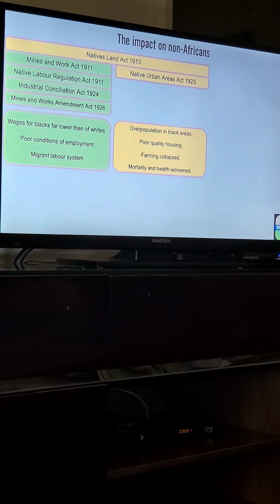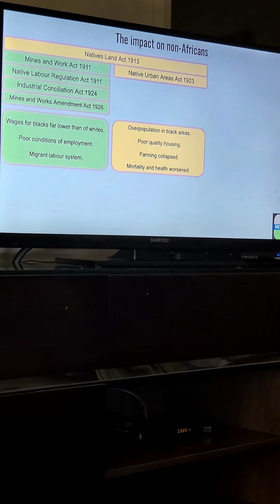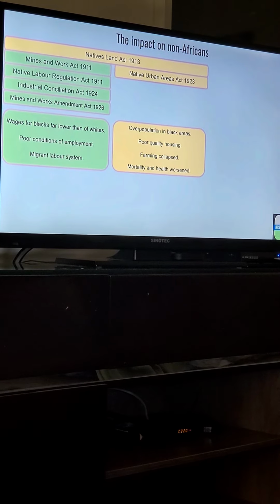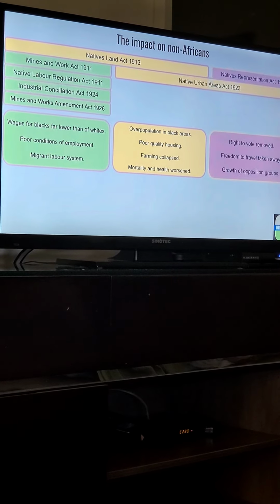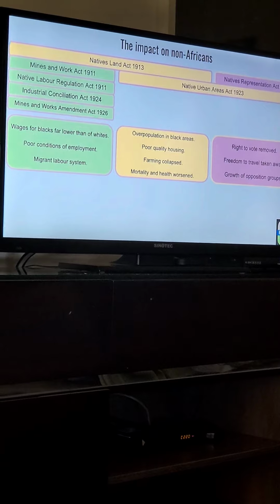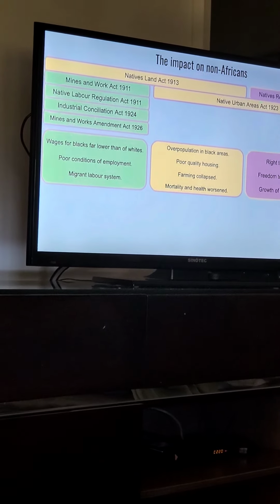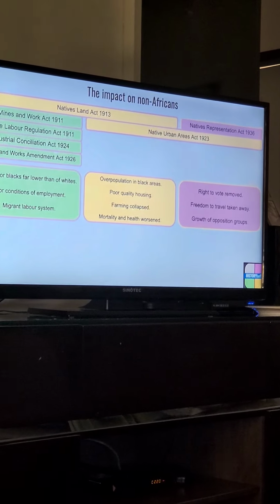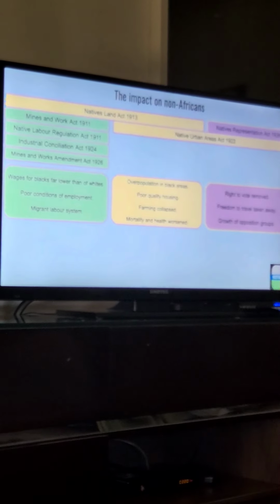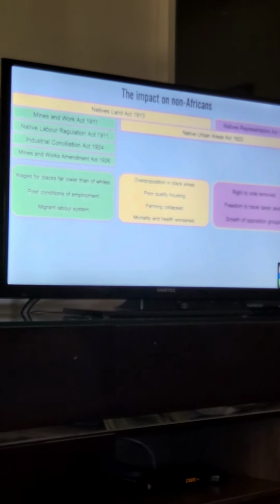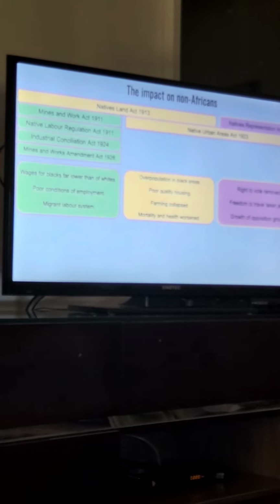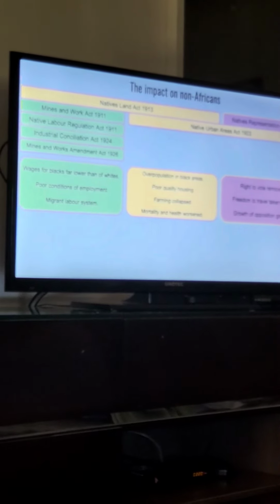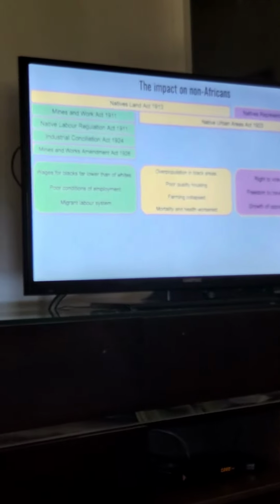Most essays require 2 or 3 factors to be considered, so our third chosen impact relates to the Natives Representation Act, but also the Native Urban Areas Act. As well as the obvious political right, voting rights, being removed, blacks also had other political rights, such as the right to free movement, taken away. The lack of political representation was a key factor behind the growth of opposition groups, which we will consider shortly,